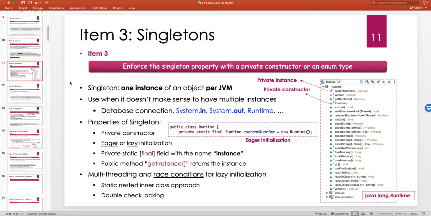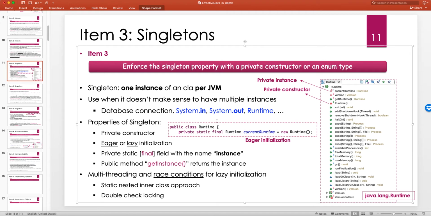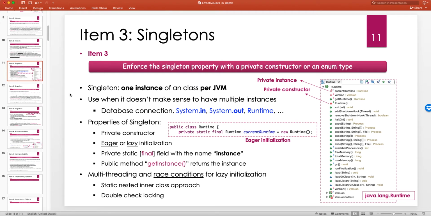So what it means is, first of all, what is a singleton? A singleton means there is one instance of a class. There is one instance of a class per JVM, right? Not per thread, per JVM, which means when you launch a JVM, there can only exist one instance of that